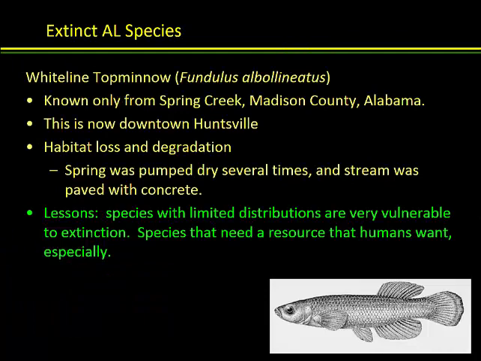Okay, the last example I'll use in terms of Alabama extinctions and the lessons to be learned is of a fish, since one of our themes here has been a focus on our aquatic species. This is a little fish called the white-lined topminnow. It was known only from one spring in Huntsville, Alabama, a little spring that fed water into a creek